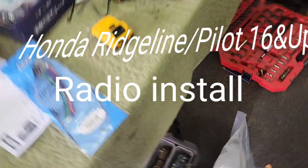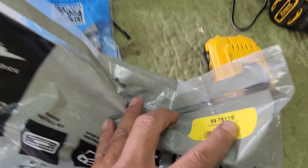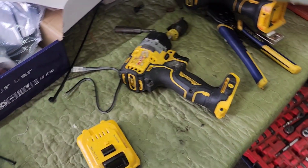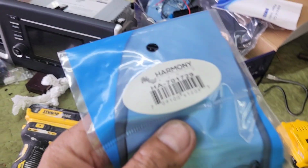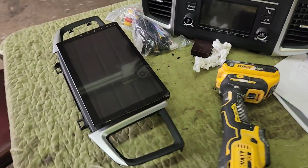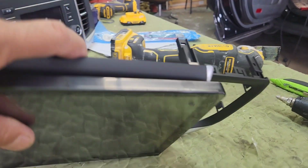I'm doing Android 10.4 inches, so I need the mounting kit 997811B. The wiring harness, the customer bought all these, it's HA701729. This is a mounting kit and it didn't fit, so I had to use the oscillating tool and cut